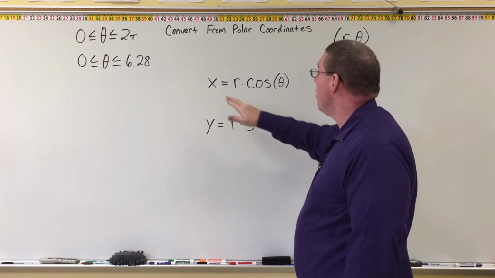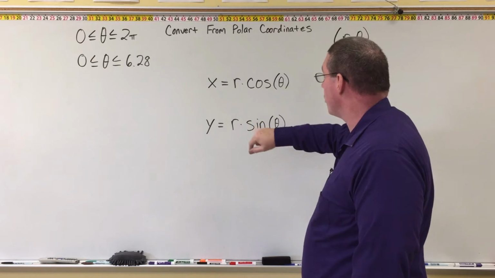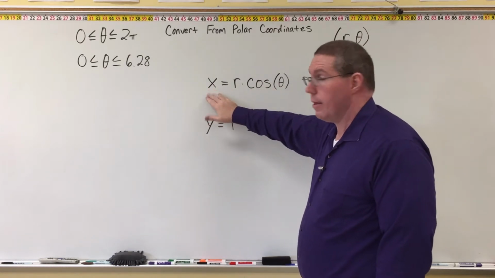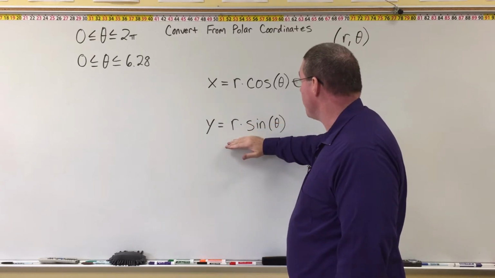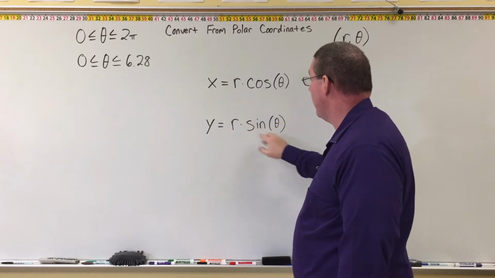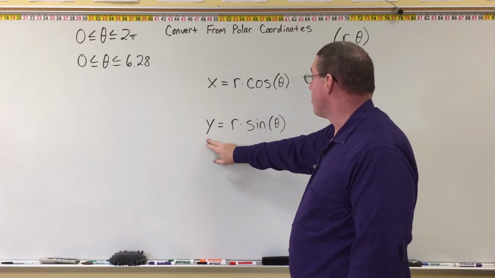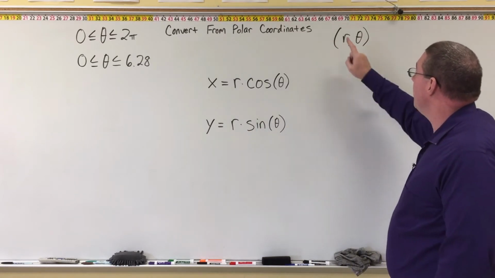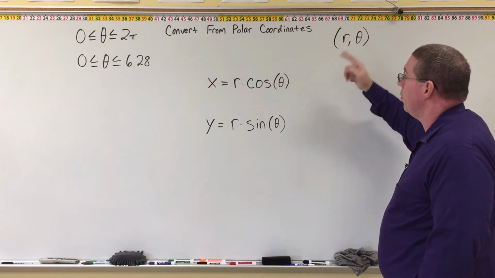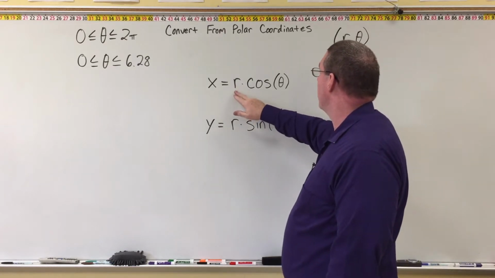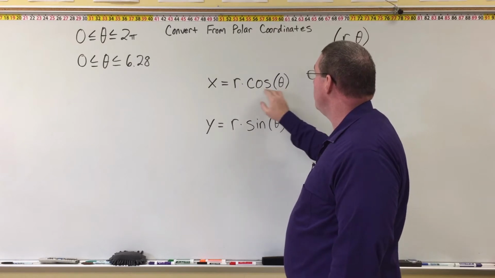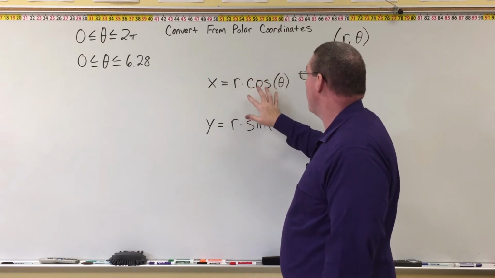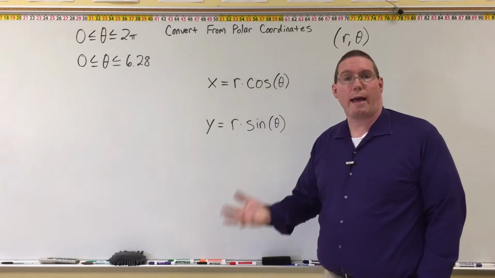So basically, this formula right here is the conversion between r and theta and x. And this one is the conversion between r and theta and y, okay? All you have to do to convert from polar coordinates is, if I give you a polar coordinate r comma theta, put the r here, put the theta here, and do r times cosine of whatever the theta is, and whatever number comes out, that's going to give you your x